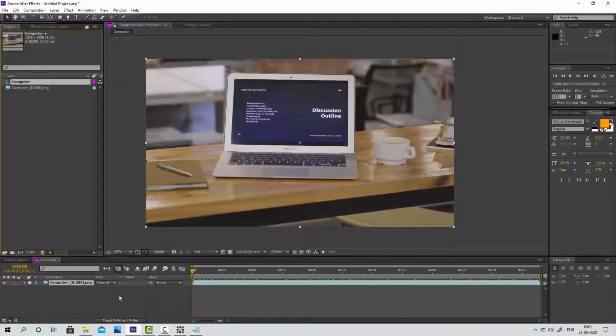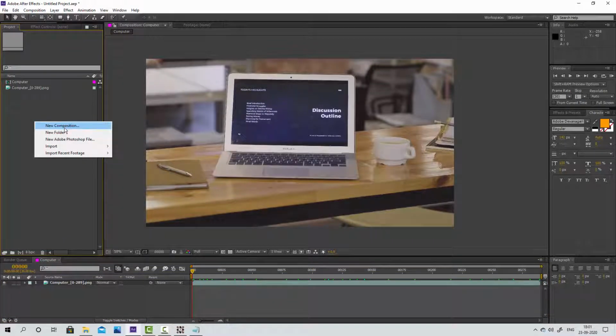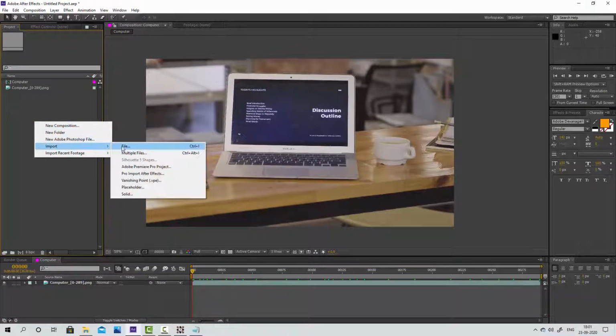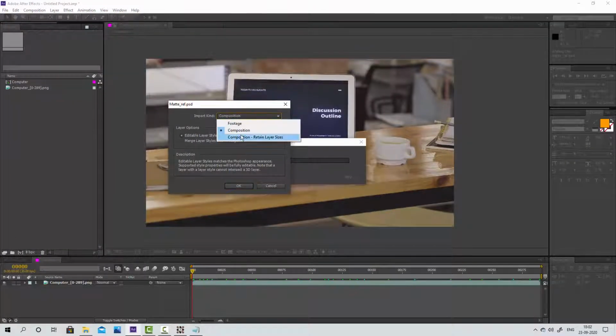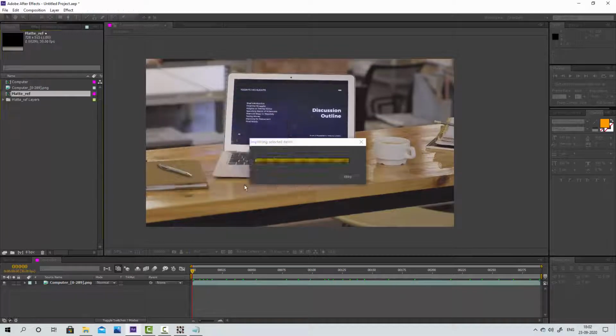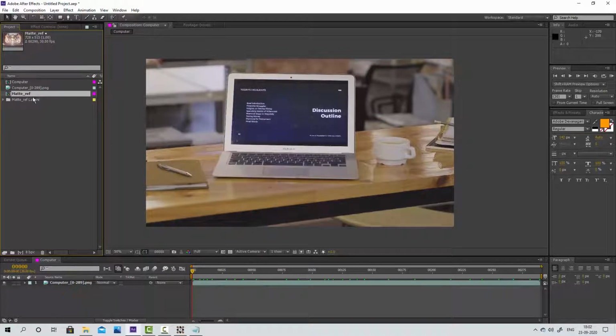Come back to After Effects and import the PSD file which I made in Photoshop. If you wish to see how I made the matte for the screen, you can check the link in the description.